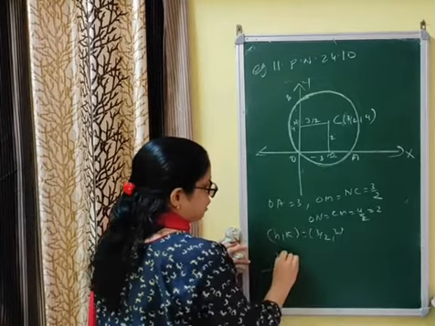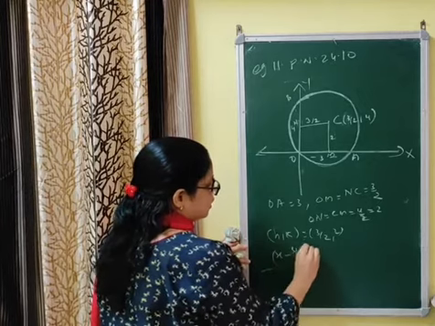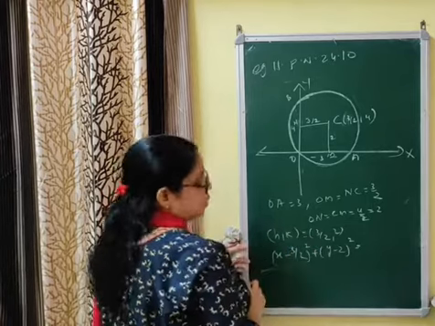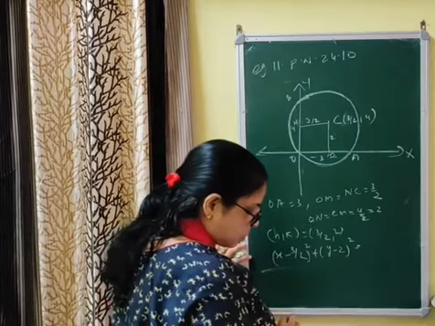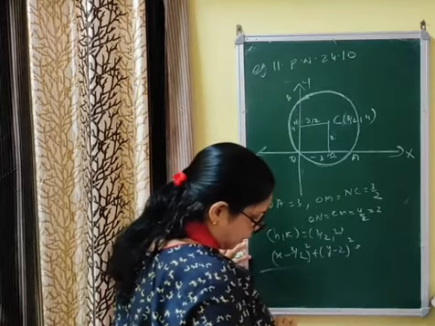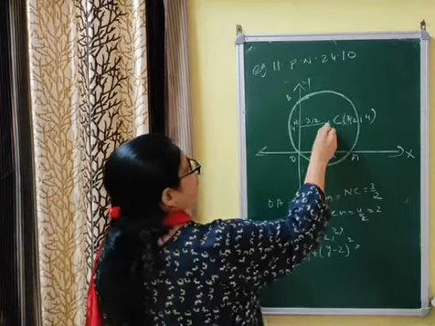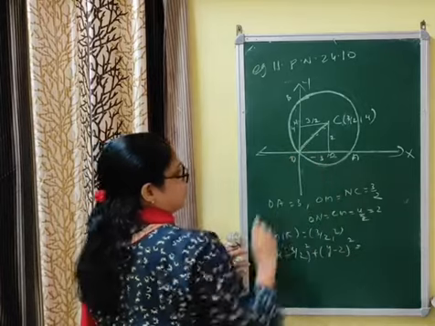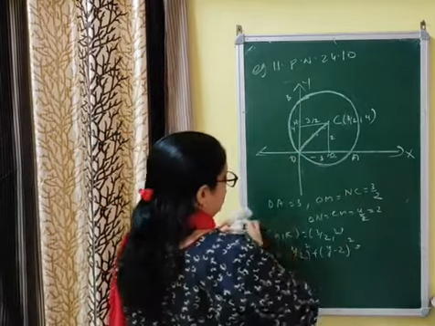By the central form of the equation of a circle, x minus 3 by 2 whole square plus y minus 2 whole square. What is the radius? Radius कितना होगा आप सोच कर बताइए. What will be the radius? How can we find the radius? The radius is found out by applying Pythagoras in the right triangle. I am doing it here. In the right triangle,